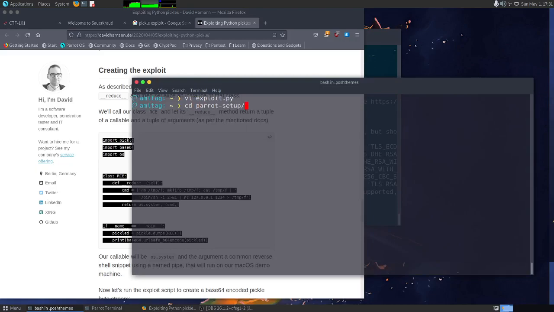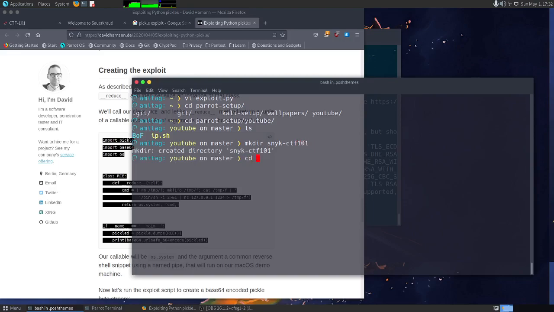Actually, let me move to the parrot setup, YouTube, make a directory for snyk ctf101, and go to snyk ctf101, and also copy the name. I know the name. So from exploit.py we will call it sauerkraut.py. Okay. So now we run this,